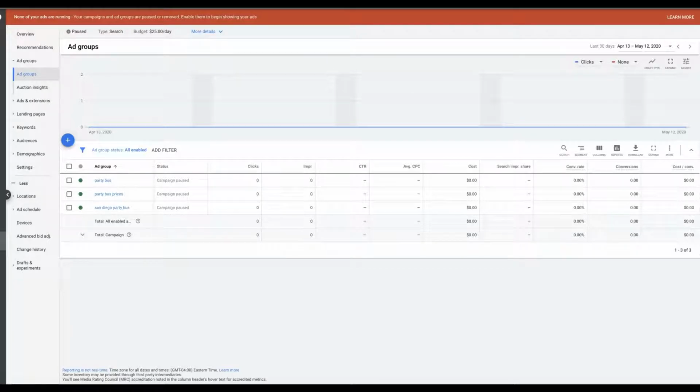I just want to shoot a really fast video going through the target impression share bidding strategy, because I keep getting a lot of questions about how this works and what it is, and it's actually really simple. You set your bidding strategy, telling Google what percentage of the impression share you want. If you don't know what impression share is, we're going to go into our party bus